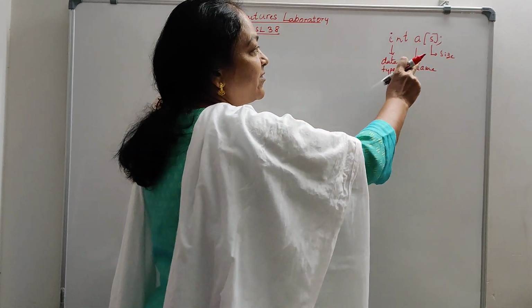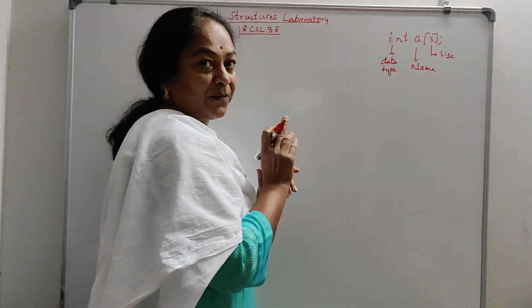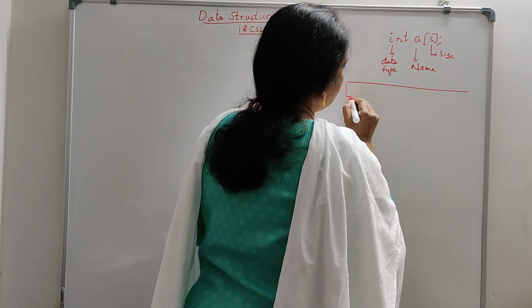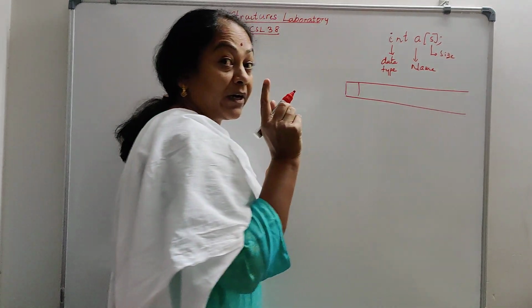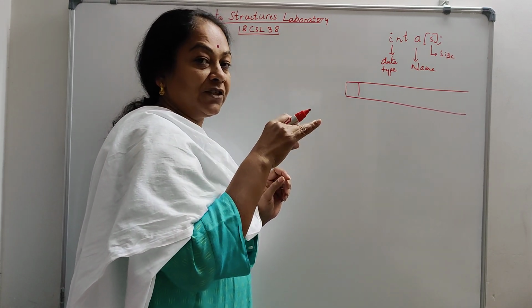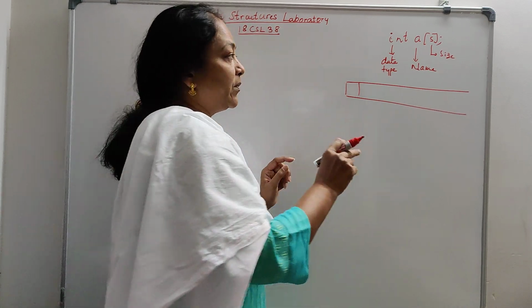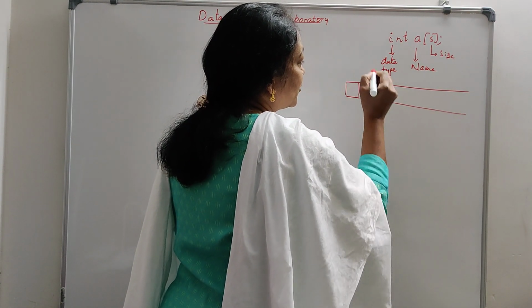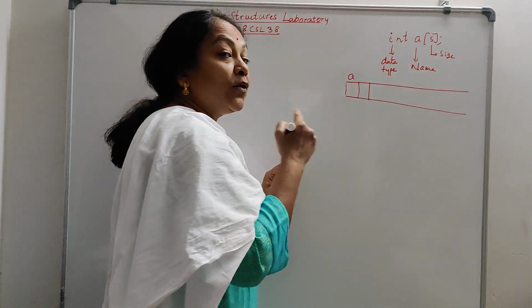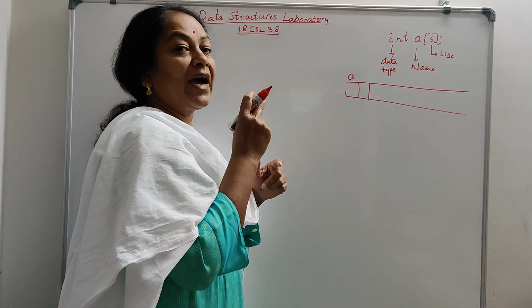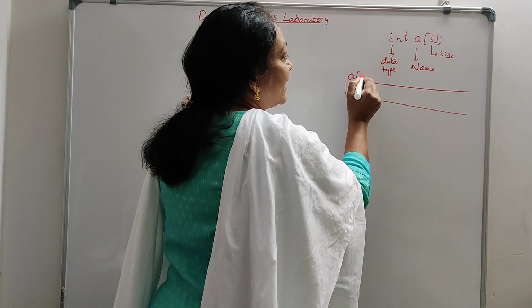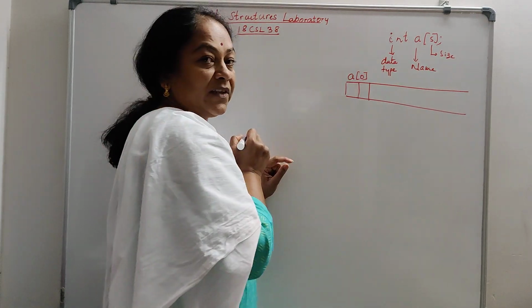So how many bytes will be allocated for this array? 10 bytes will be allocated for this array. Remember, in an array all the elements will be in contiguous memory locations, so it needs contiguous memory. Let us assume the first 2 bytes are allocated for the first element. How do you access each element in the array, since it is a group of elements? That is by using the index. And for an array, the index always starts with 0.